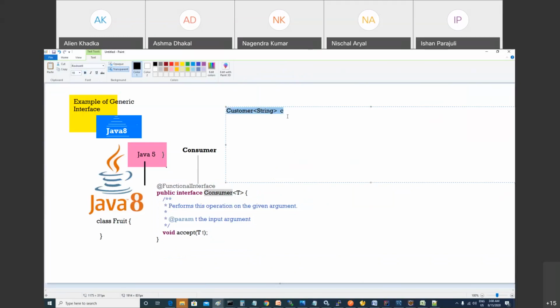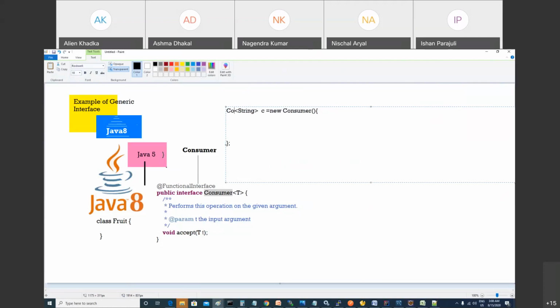So what will it eat? T. Here you mention Consumer T, then this T will be replaced by String. So can I write like this? New Consumer, yes, because it is a functional interface. So what can you write? I need your help. Customer or Consumer? Consumer. Sorry for the spelling.